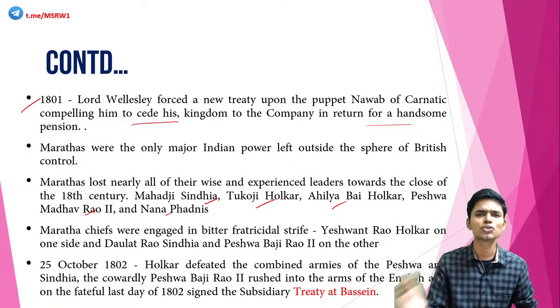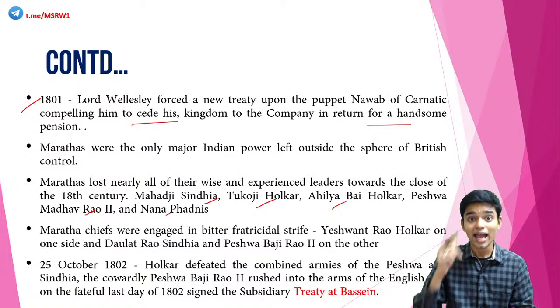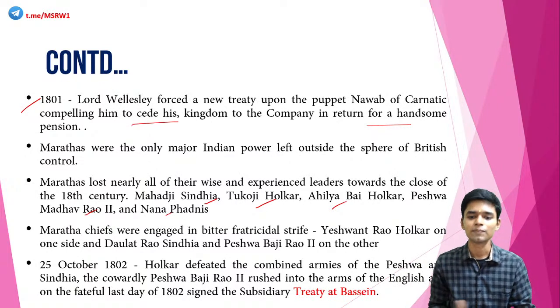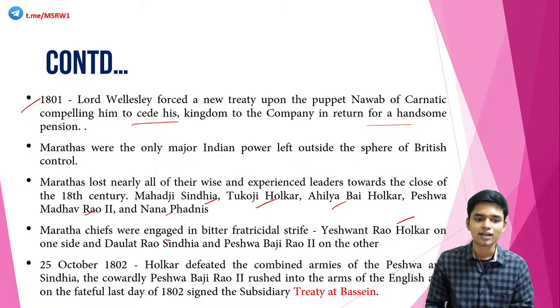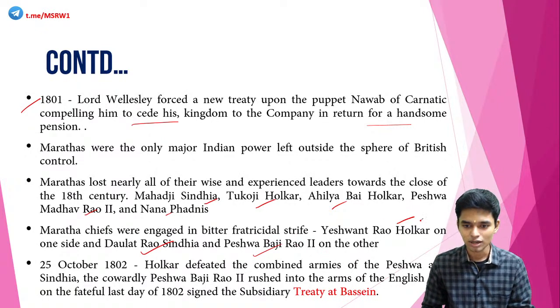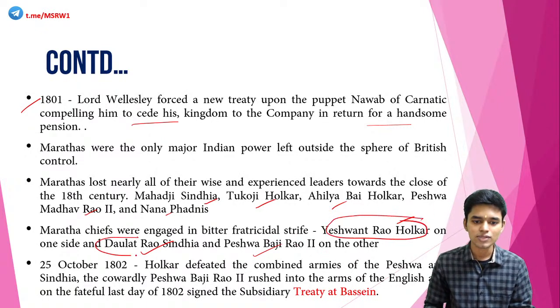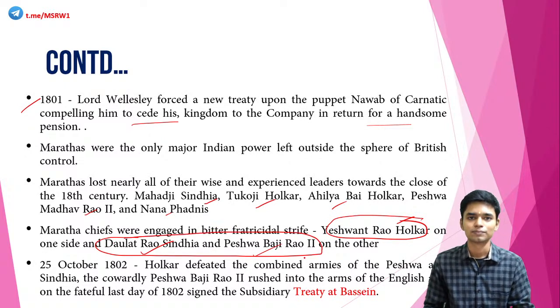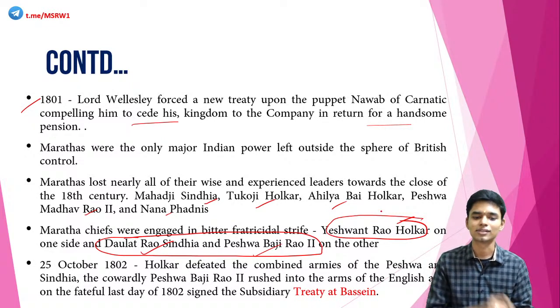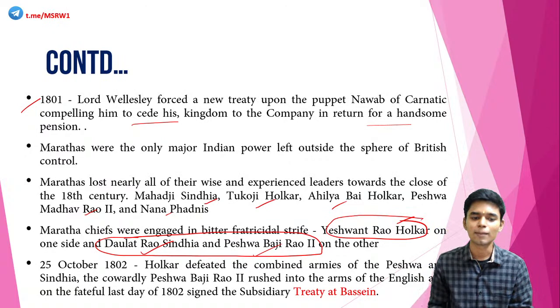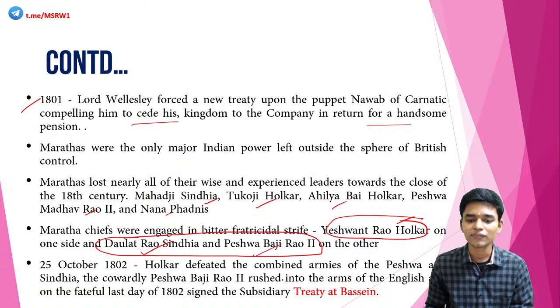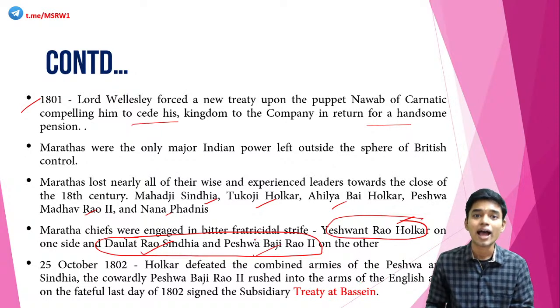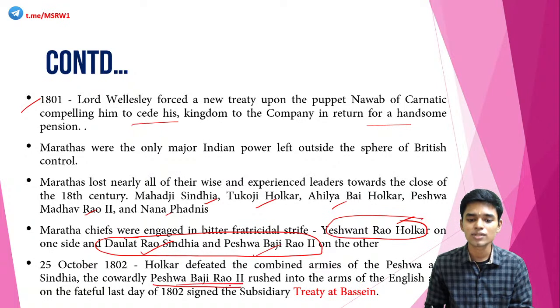And Maratha chiefs, as usual, were fighting against each other. During one of these infightings, Yashwantrao Holkar was on one side versus Daulatrao Scindia and Peshwa Bajirao II on the other side. This battle was going on, and Yashwantrao Holkar started to win. Actually he defeated the combined armies of Scindia and the Peshwa. On October 25, 1802, Holkar defeated the combined armies of the Peshwa and Scindia, and the cowardly Peshwa Bajirao II rushed to the hands of the British